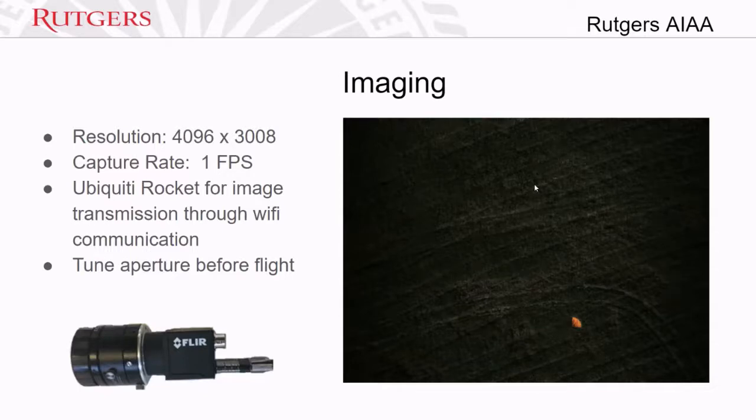The Blackfly's general-purpose input-output capabilities also let us interface with the telemetry model directly, resulting in more accurate telemetry and lower telemetry capture latency. Images are captured at 1 frame per second to allow for the transfer of the image and onboard classification to occur. The team will be using the Ubiquiti Rocket M as our primary method of communication with the central control server because of the multi-input, multi-output radio technology, which enables multi-path propagation and better overall coverage, helping us achieve better